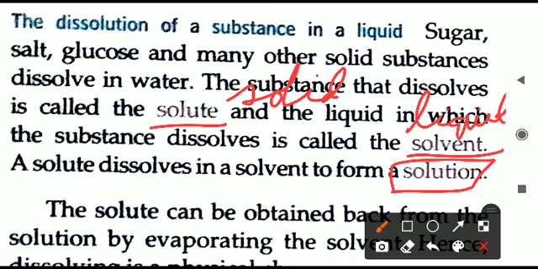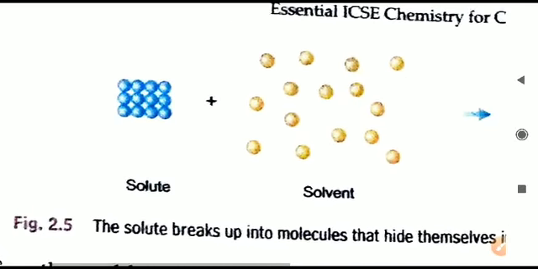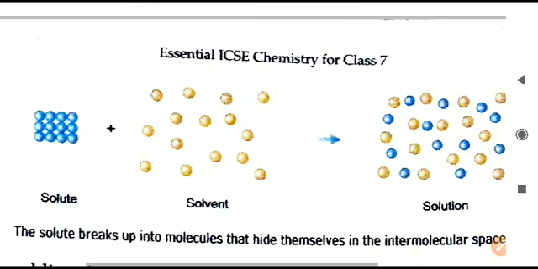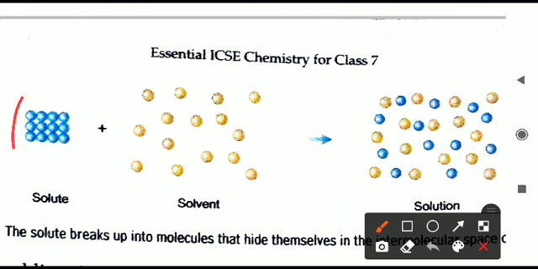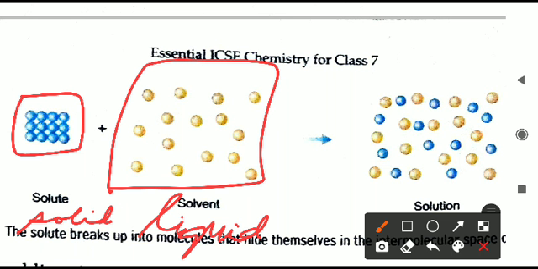But how does this dissolution actually take place? We will see here in the diagram. Whenever we are dissolving different things, the solute and the solvent both are getting mixed with each other. Solute particles, that is the solid ones, you already know, do not have interparticle space. Intermolecular space is not there in the case of solids, or we can say the solute. यहाँ पे space नहीं होता है. But in the solvent, that is the liquid, we have some interparticle or intermolecular space. In between the particles you can see some space.